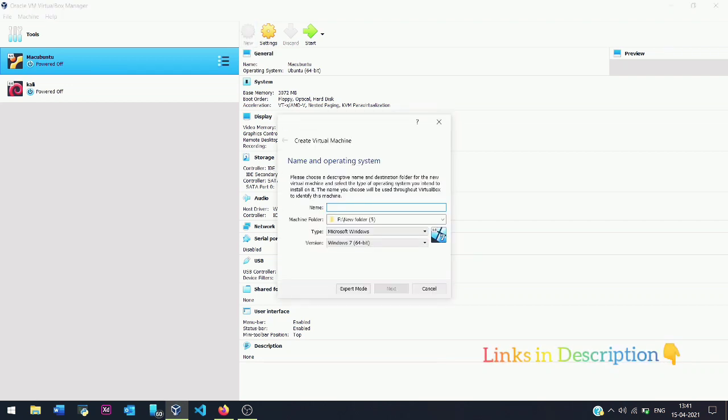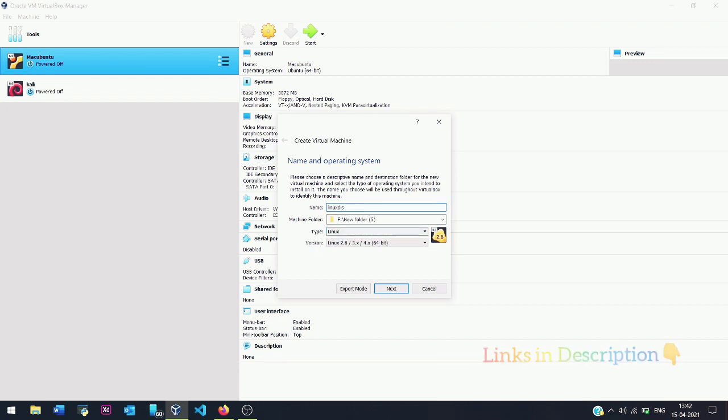In the name field, you just type the name as you want. I am typing Linux. It will automatically recognize this OS as a Linux distribution, and I need to choose the version which I have downloaded.